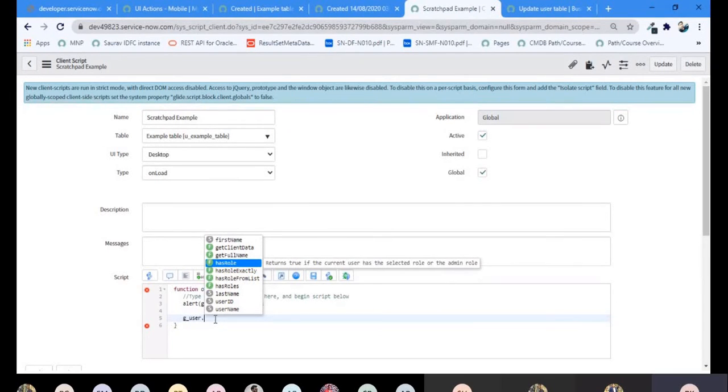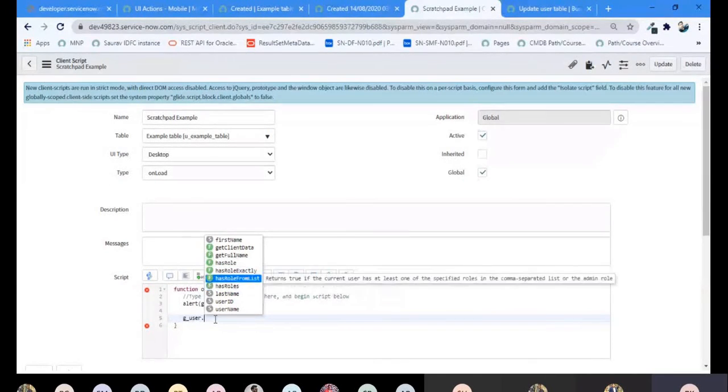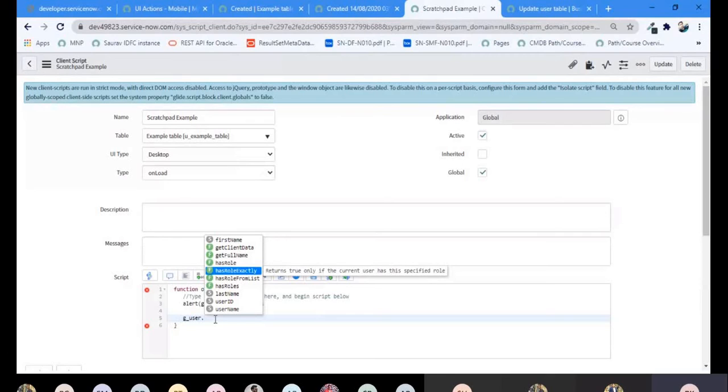Has role will work on a single role. Has roles will work on multiple roles. Has role exactly will work on the roles which are not inherited. So means there is an inheritance of the roles as well. Sometimes we inherit the roles, right? In that case, what will happen? For example, you have a role A and role B, and in the role B you have inherited the role A, right? So if there is any inheritance in the roles, has role will behave differently. Has role exactly will behave differently. So guys, first practice by yourself. Any doubts, anything, I will clear it. But first try by yourself.